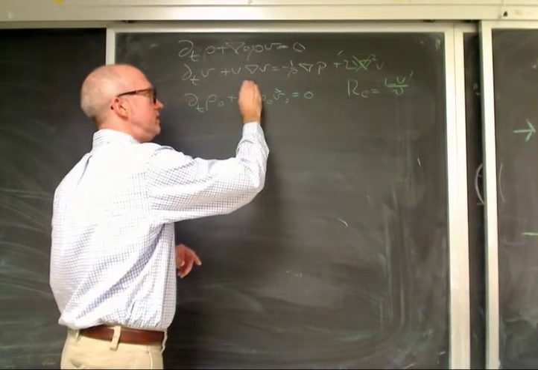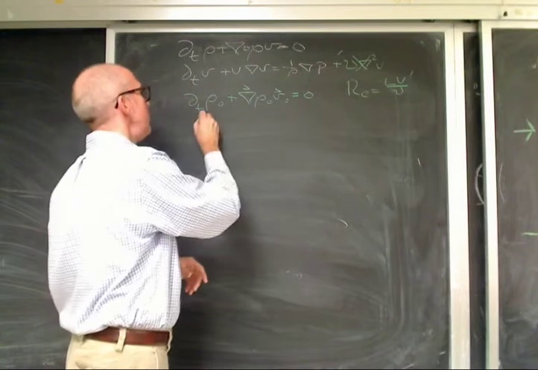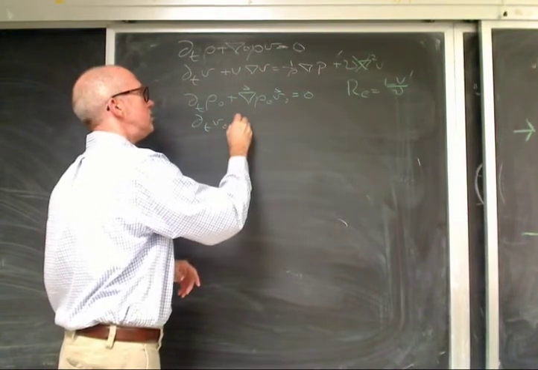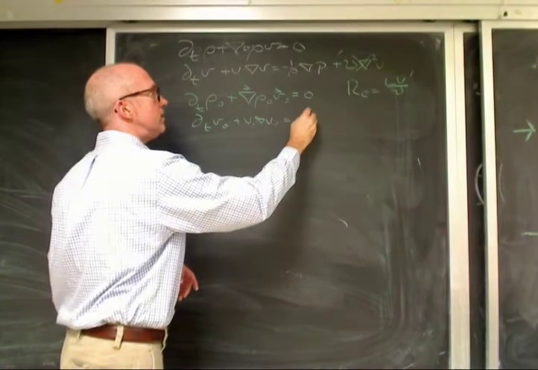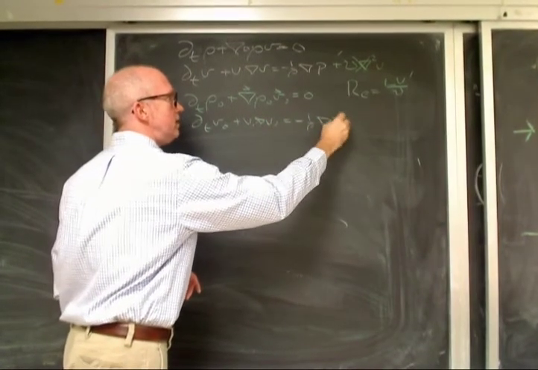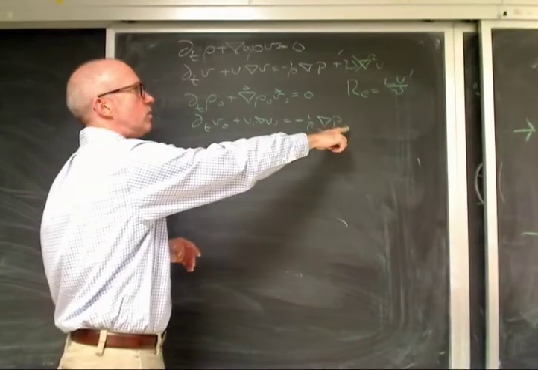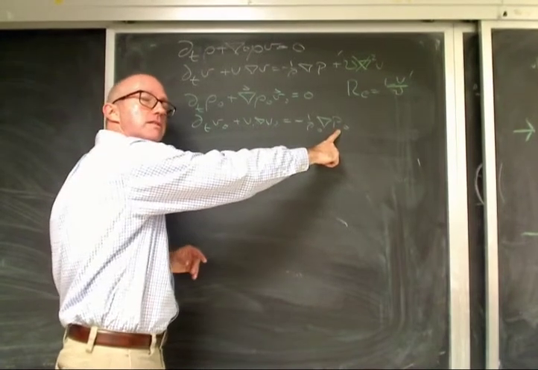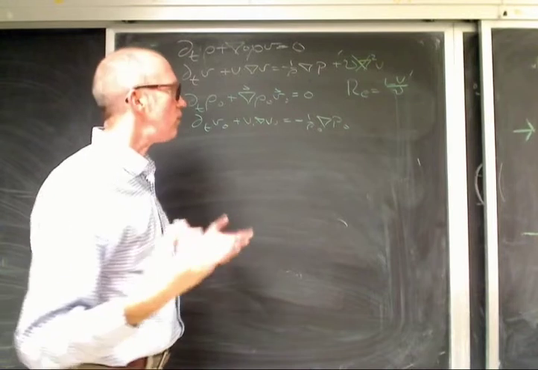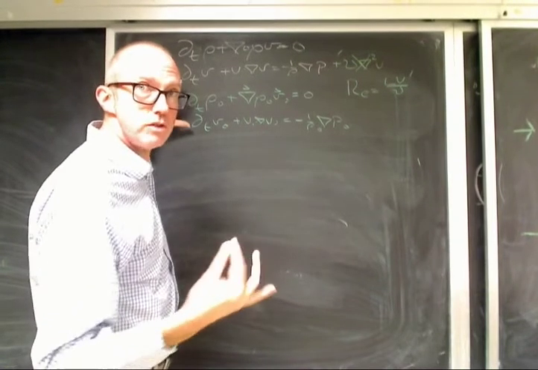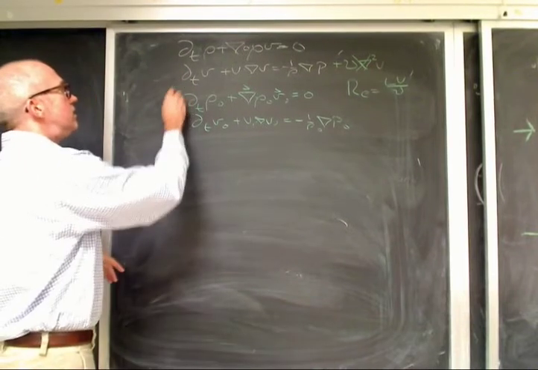And okay, b is a vector and naught is a vector. So this is my background solution. And also I have d by dt of v naught plus v naught dot grad v naught equals minus 1 over rho grad p naught. Now, this equation is kind of dumb because this is the gradient of a constant, and so it's 0, and v naught is 0, so the left hand is 0 because it's 0 equals 0. But that's okay, this is our background solution. It doesn't have to be trivial. So this is a background solution.